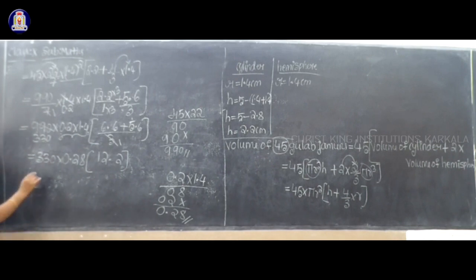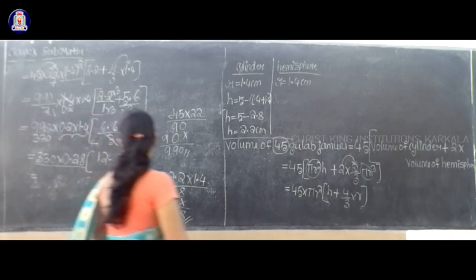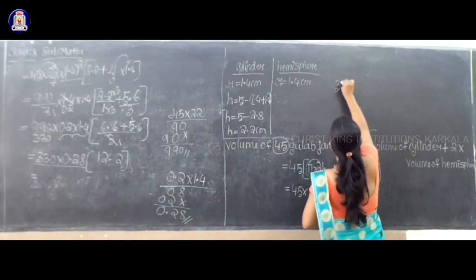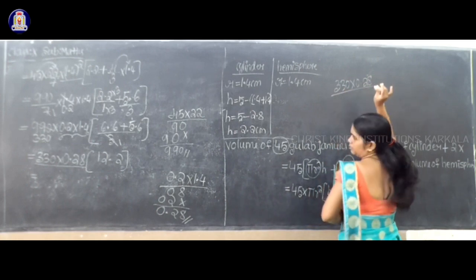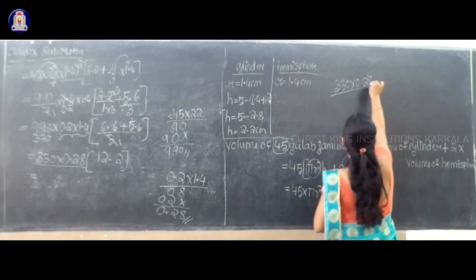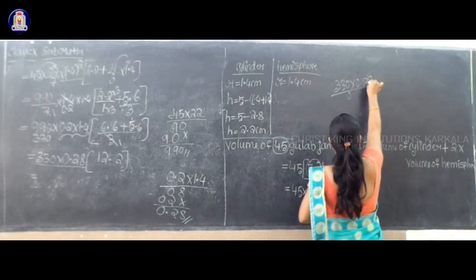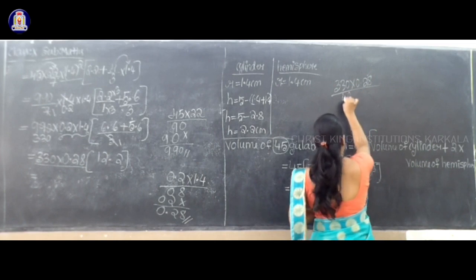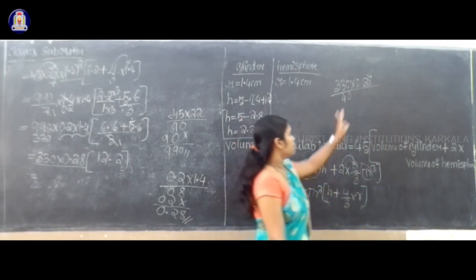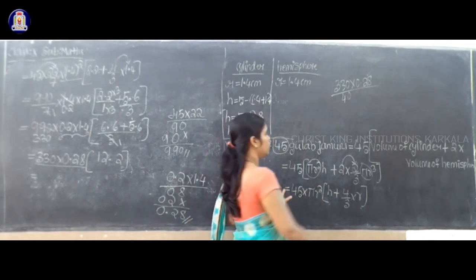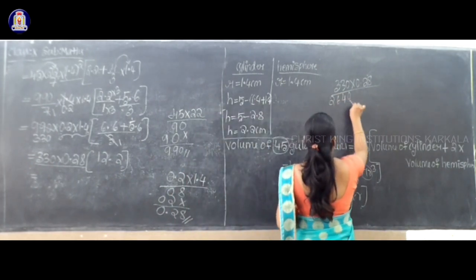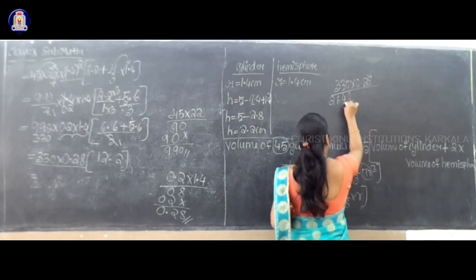So now what you will do? First multiply. 330 into 0.28 equal to how much? So this will multiply here. 330 into 0.28. Yes. So 8 into 0, 0. 8 3s are how much? 24. 2 carry. Again 8 3s are 24. 24 plus 2 equal to how much? 26. 2 into 0, 0.